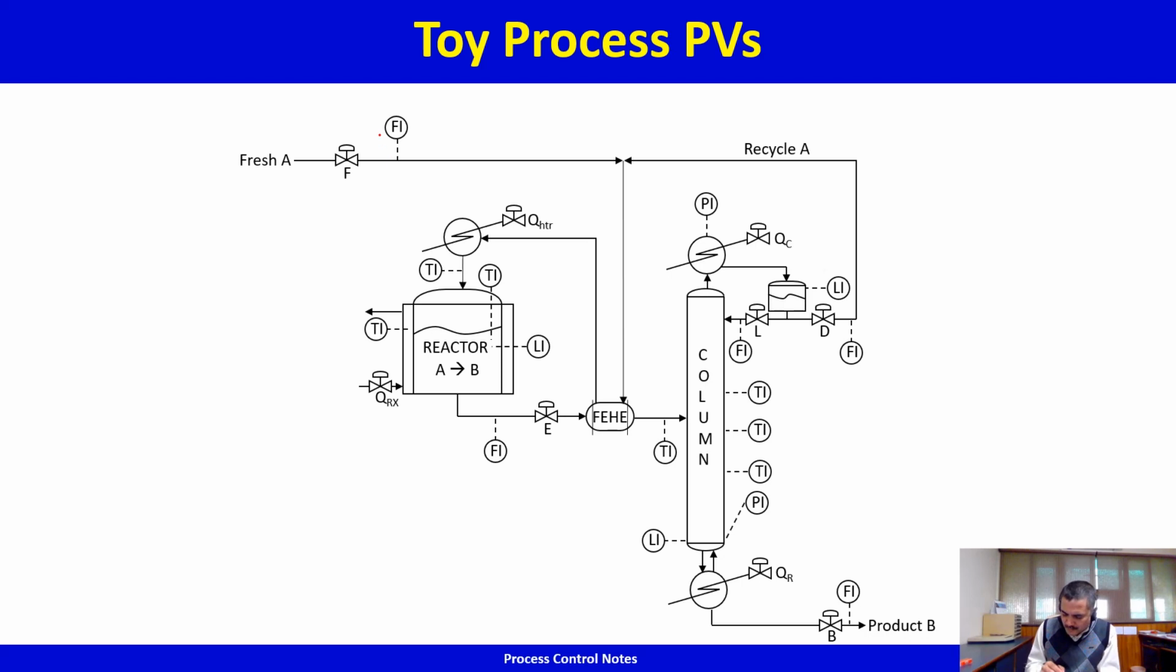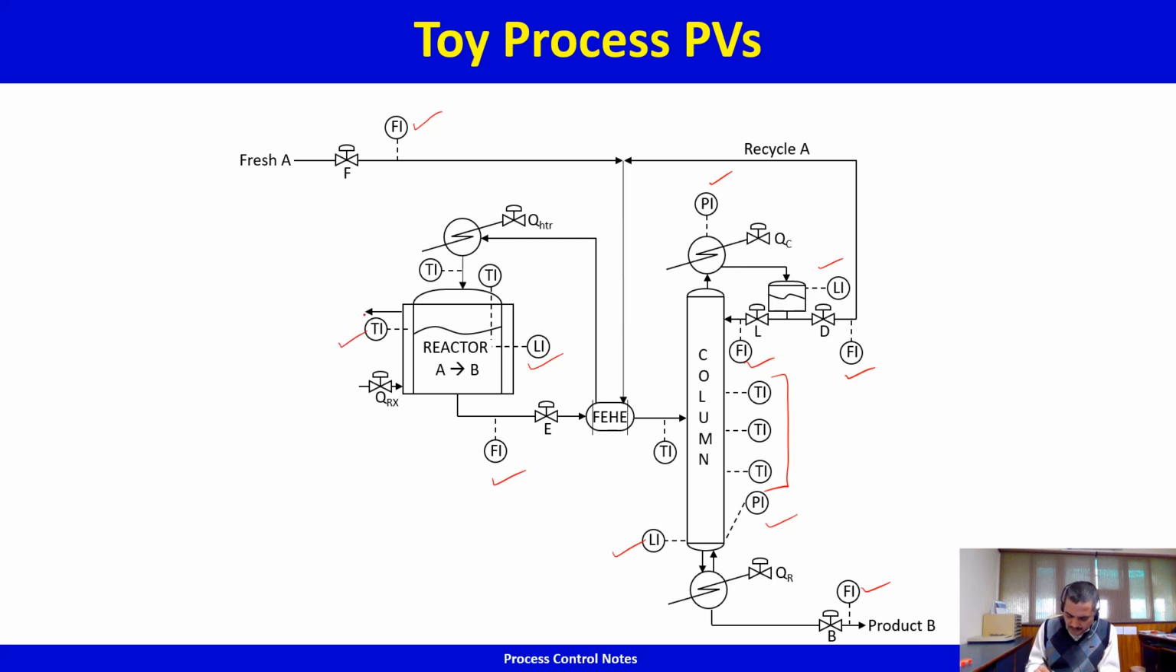You got flow measurements on all streams. So you got a flow measurement here, here, here, here, and here. So these are flow measurements. You got the reactor level, the reflux drum level, the bottom sump level, the column top pressure, the column bottom pressure, tray temperature measurements,